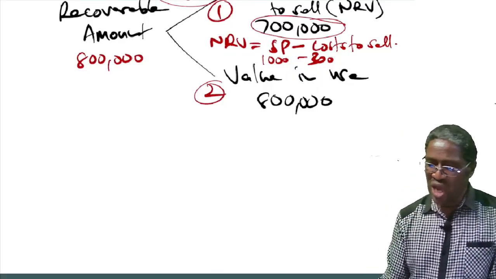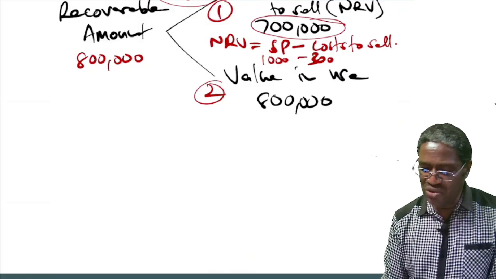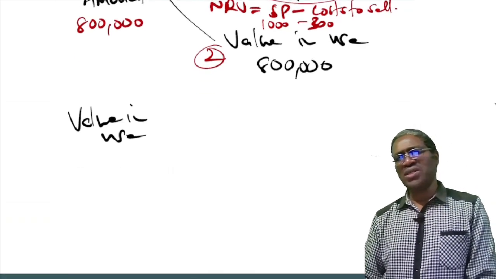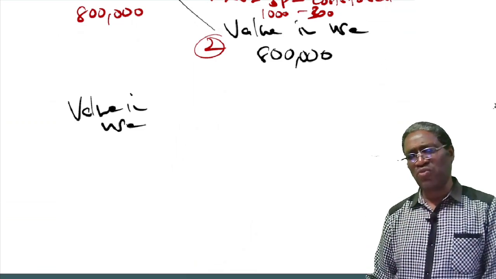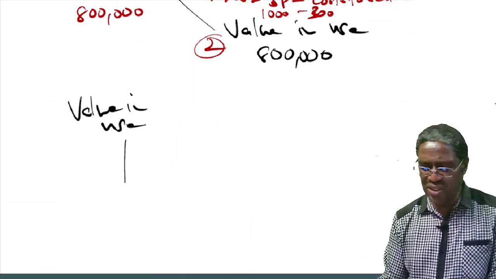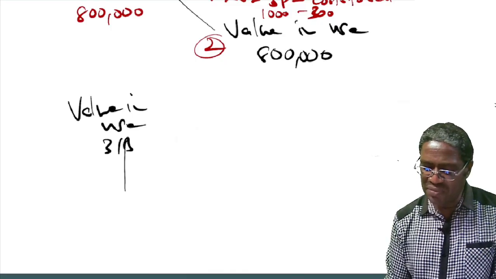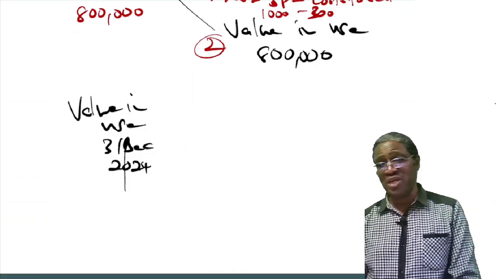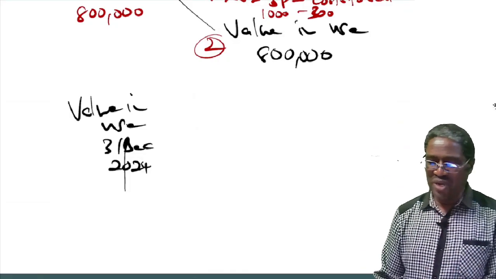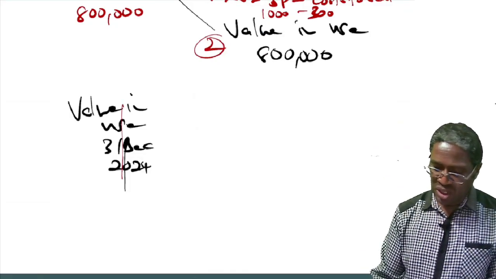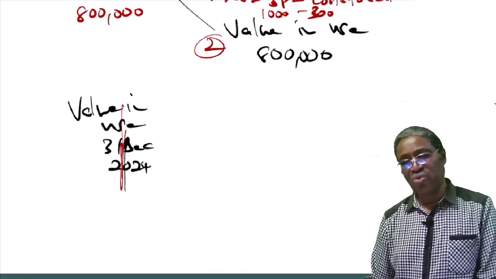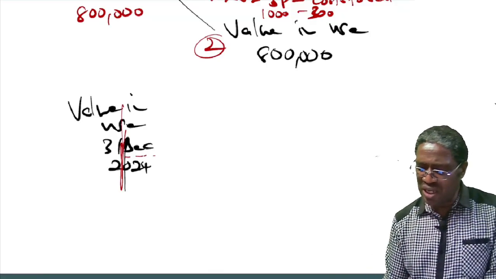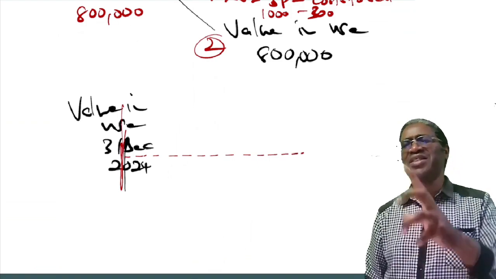Value in use. How do we get this amount we are calling value in use? Now listen. I want to assume that you as a company are testing for impairment of your asset as at 31st December 2024. That's the time you are testing for impairment of your asset. So what you will do to get the value in use, you will ask yourself as a company, this machine that we shall be using in the future,